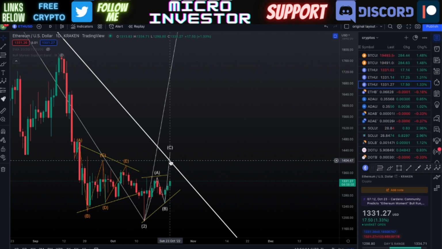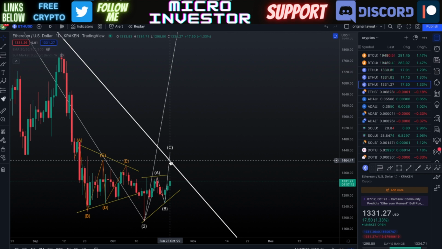So right there around our 100-day moving average, or just under our 100-day moving average, would be that price, or that 50% Fibonacci level. So if we can manage to do that, then this would be a very bullish opportunity for Ethereum to succeed at. But of course, we're going to have to monitor what the crypto market is doing and what the technicals are telling us.